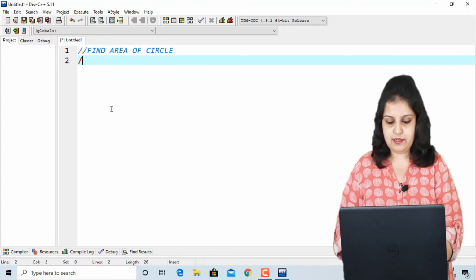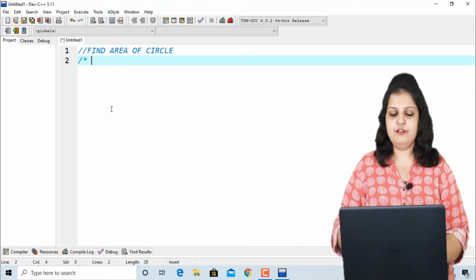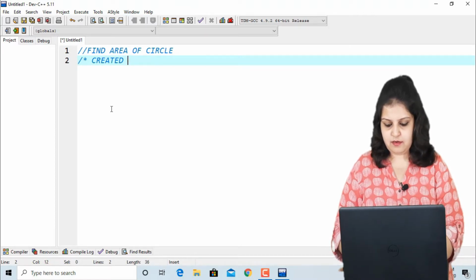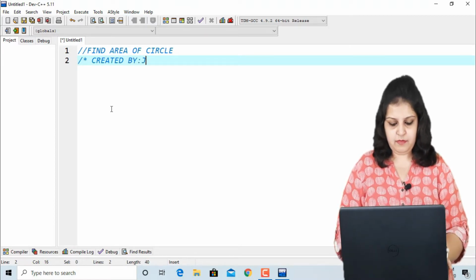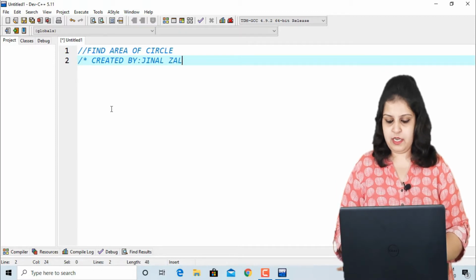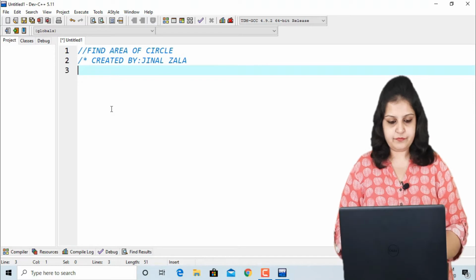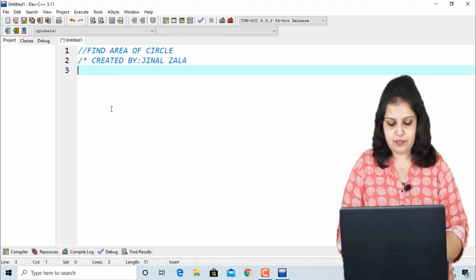Slash then star. Suppose I want to write many more details, like it is created by me, that is Jinal Jhala, and I also want to write our subject name in the second line.